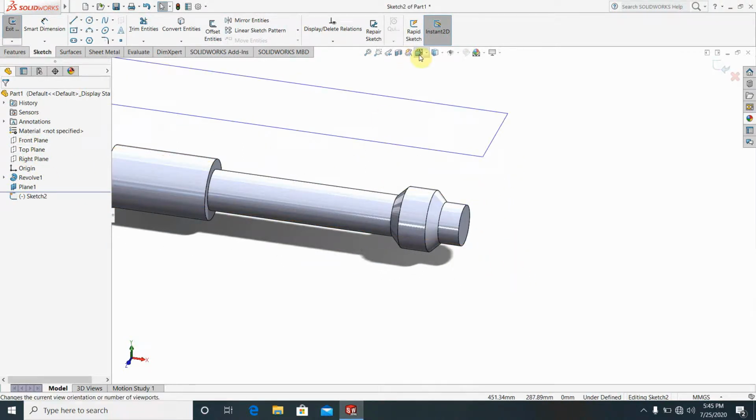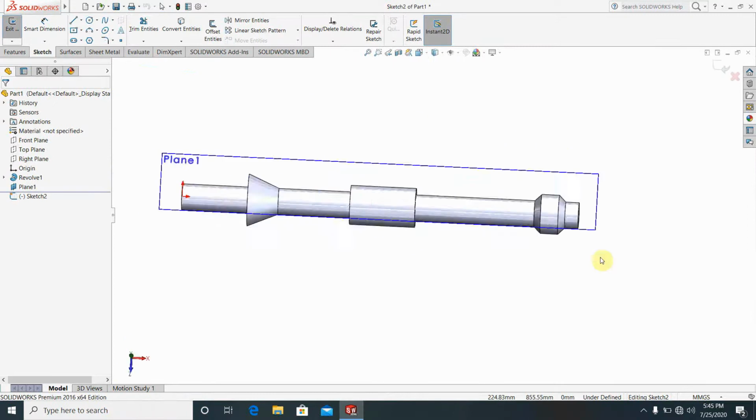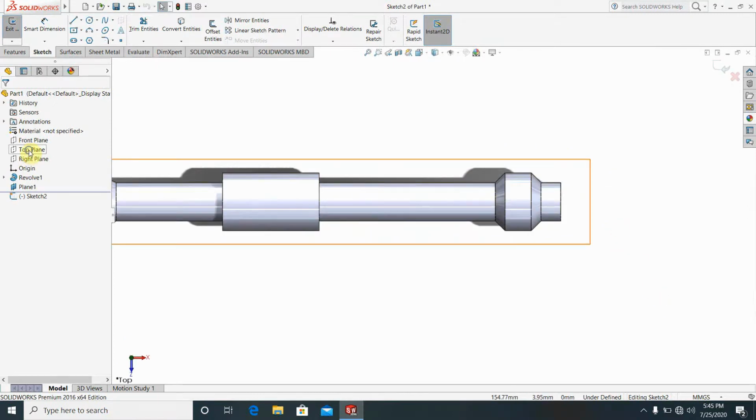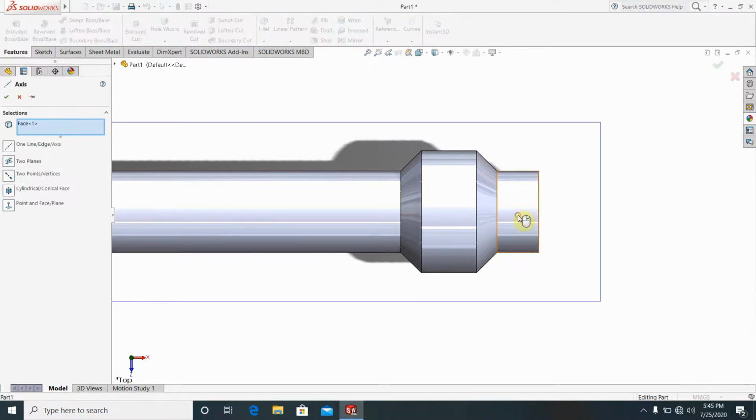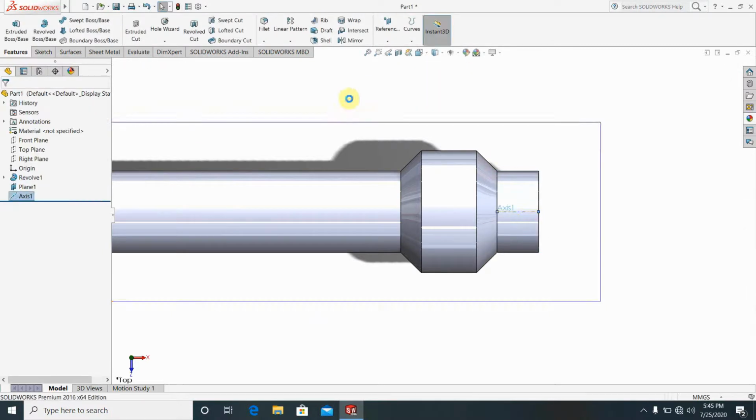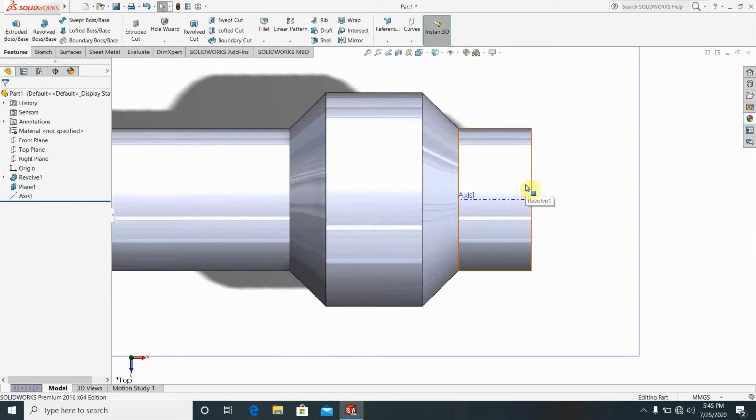I'm going to make the drawing in the top plane. Just go for the drawing in the top plane here. Now I make the center line here. Go for the axis here and click here. You can see the axis here. Okay, now I'm making